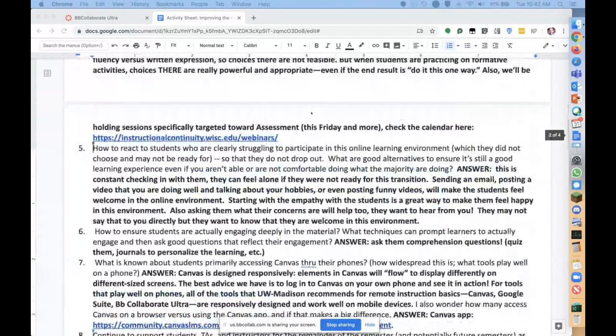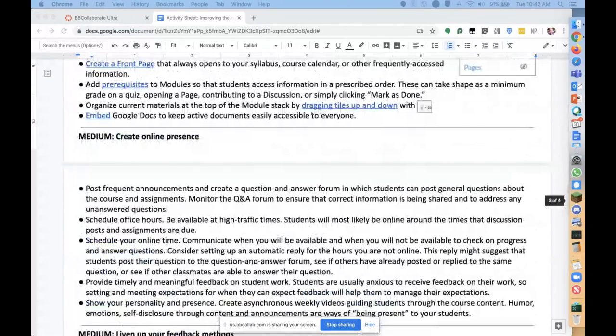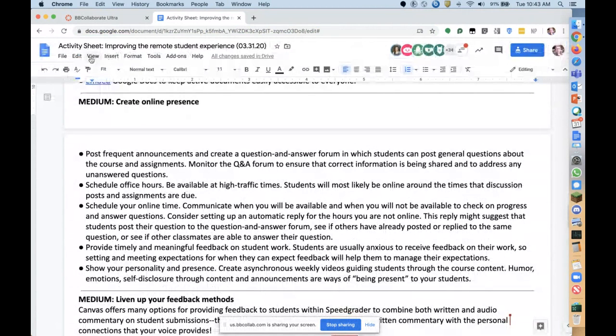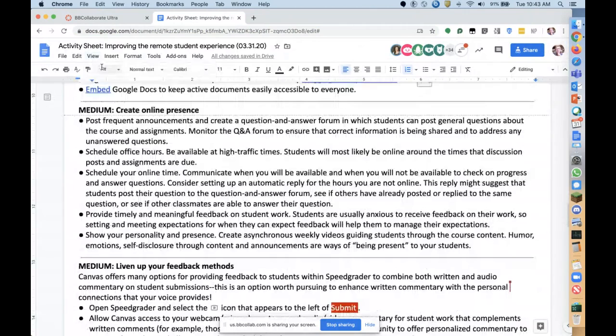There's a section in the middle of the document. I wanted to ask a couple people here online because a number of you have mentioned the concern about engagement. That was one of the top concerns that you brought up when we did our annotation area here. And we have some information on online presence, which is a term used in online, but I see that we have some experts here. If I might pick on you, Peter Van Can,